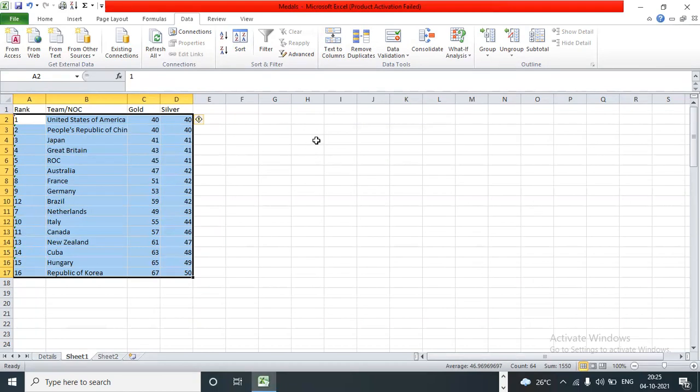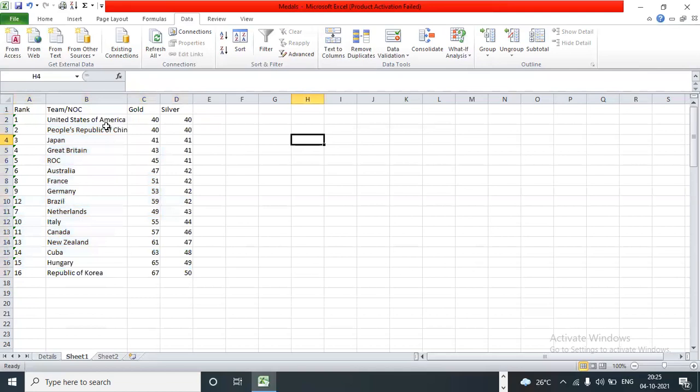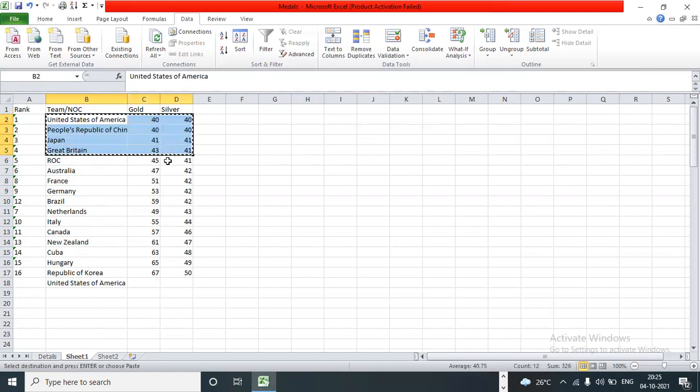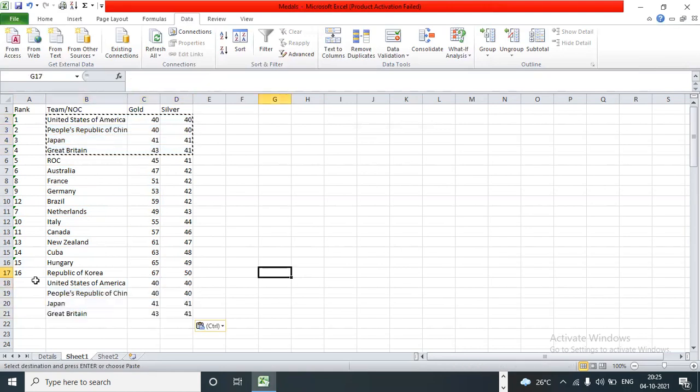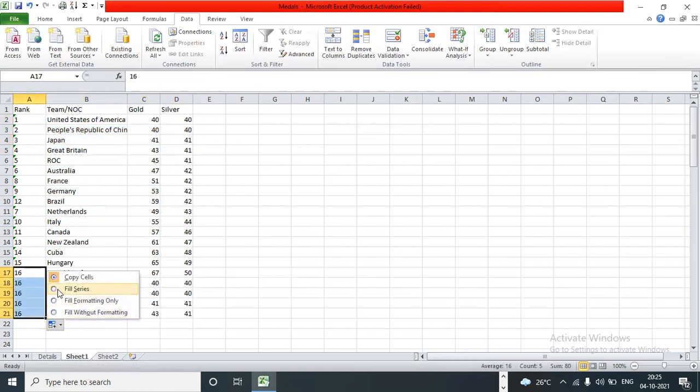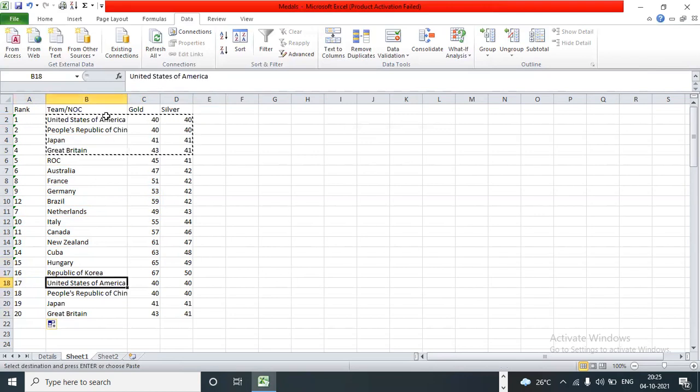Correct? Sir, what does duplicate mean? Okay. So duplicate means, for example, there is a data entry called United States of America. If it is repeating again somewhere over here, then it is a duplicate. Getting the same value again and again, in simple terminology, which is not required for the analysis. So now can you see it? America has been repeated here and here, correct? Yes, sir. Japan is repeated here and here, but we always deal with the unique values.